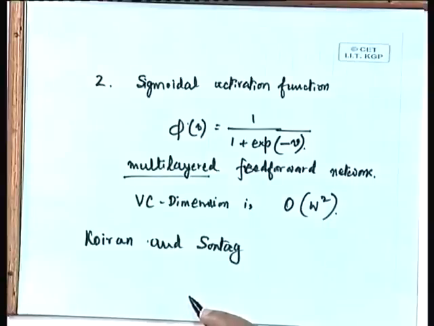Vapnik's theory itself was published in the year 1992, and some further theories were published in the year 1998. And Koiran and Sontag's are also quite recent results, over the past 6 or 7 years, I think. They arrived at these VC dimension bounds by considering the multi-layered network in this way,